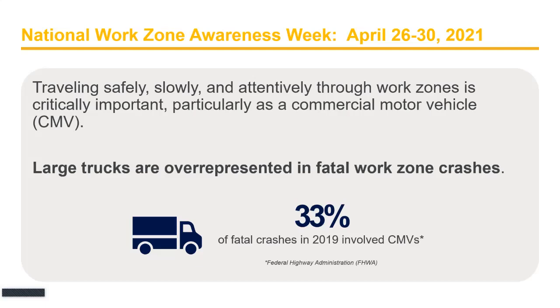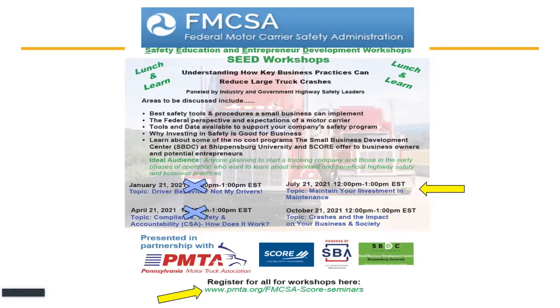And finally, we do have our next workshop coming up in July. We're going to be focusing in on maintenance. That's a key topic. So now maintenance can impact your CSA score. We're going to have some speakers talk a little bit about what we look at from a roadside inspection program, and then what from a business standpoint you can do to improve your maintenance operation. What are some of the best practices that are available to kind of help you invest in your maintenance program to help your business thrive and minimize the violations, perhaps vehicles being placed out of service as well.